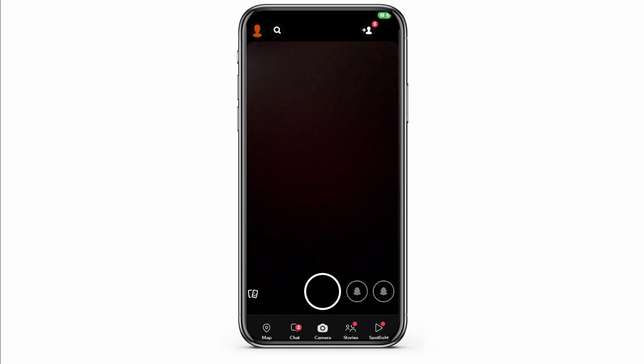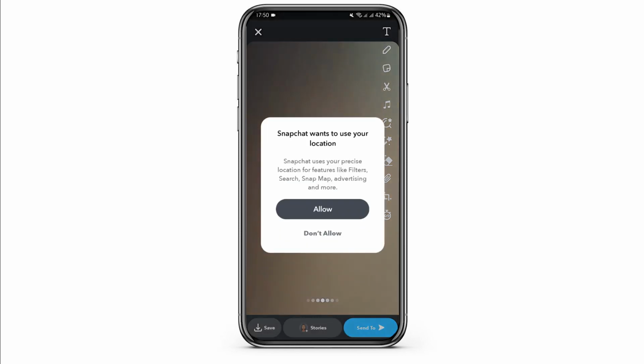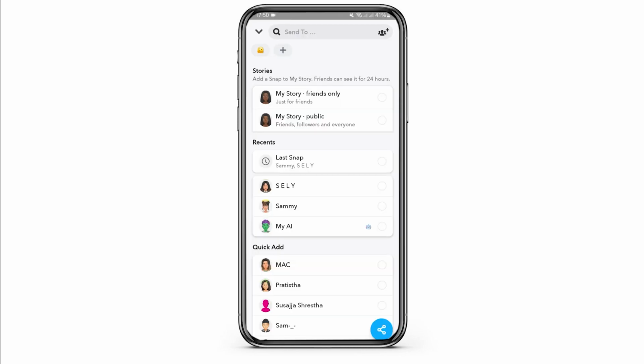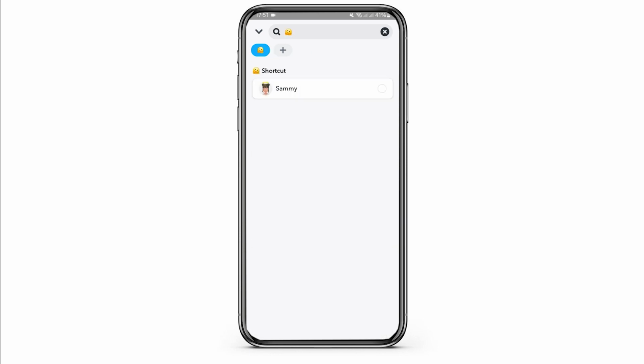Once you're at this page, to edit your shortcuts, let's take a snap first. As you do so, just tap onto Send to on your bottom right. It will display all your friends, and at the top corner, you will see a shortcut icon. For instance, this is my shortcut icon, and if you would like to create yourself one as well, just tap